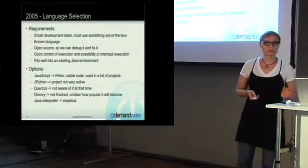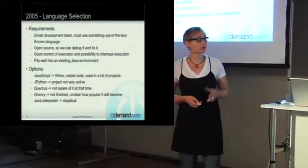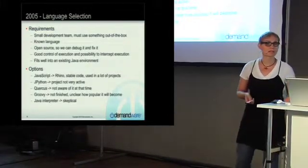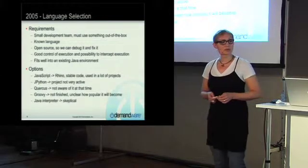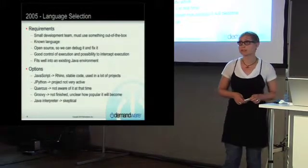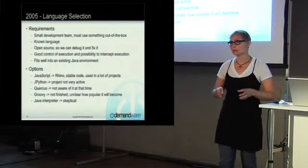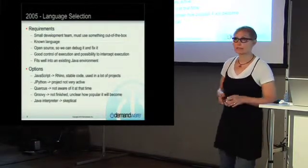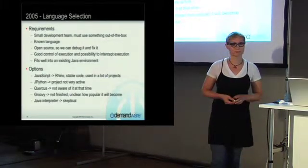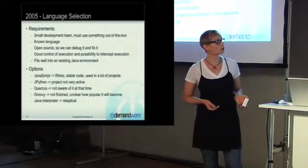The requirements we had were, first of all, we were a small team, and we wanted to use something out of the box. We wanted to use a known language, and definitely something open source, so that we can debug it and fix it. We also wanted good control of the execution. That's one reason why we said it should be an interpreted language, so that we can better integrate and intercept the execution. And because we had an existing large Java system, we wanted something which fits very well in the Java environment. Among the options at that time, clearly JavaScript with Rhino